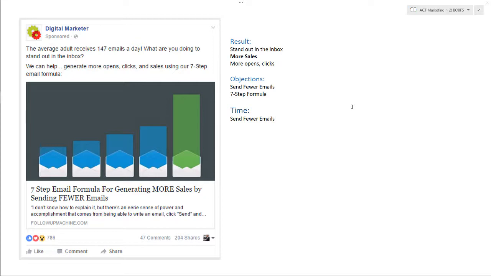So next we have objections. The objections are "send fewer emails" and "7-step formula." The two big objections here are: how do you stand out in the inbox, and, I don't want to write a bunch of emails trying to stand out. So they immediately curb that objection by saying, send fewer emails,